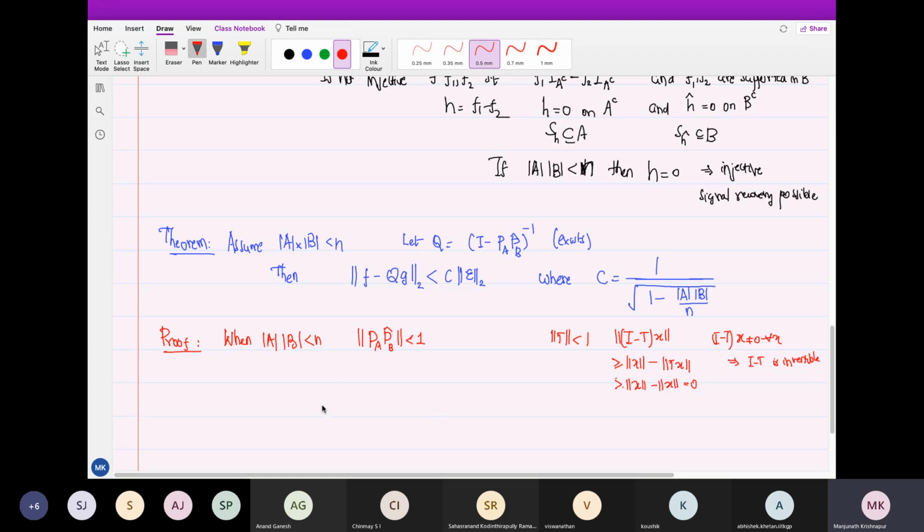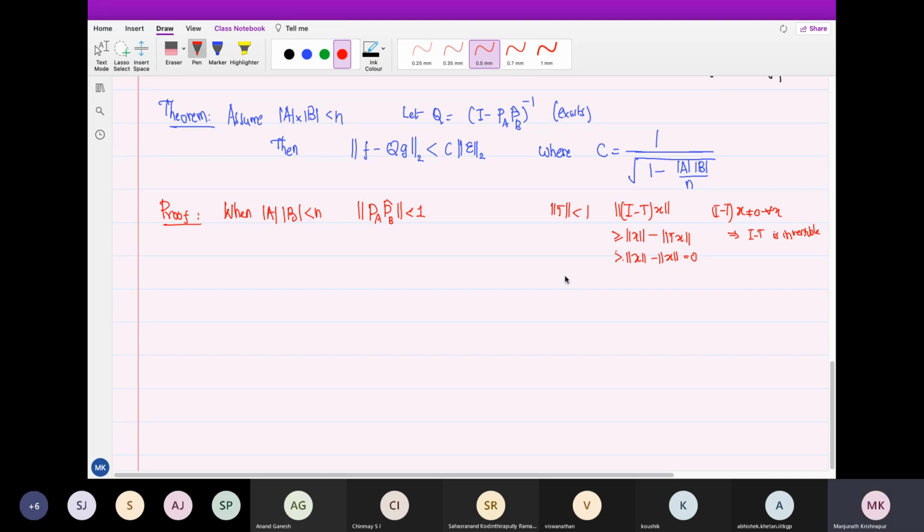It is a useful point to know that you can in fact write a formula for the inverse, which is the familiar formula for the geometric series. If T was a real number with absolute value less than 1, you know 1 plus T square, etc. would be 1 over 1 minus T. And absolutely the same thing is true if it's an operator with norm less than 1. Very useful, and it keeps coming up again and again. But I'll come back to this later. For now, it is less than 1, and hence